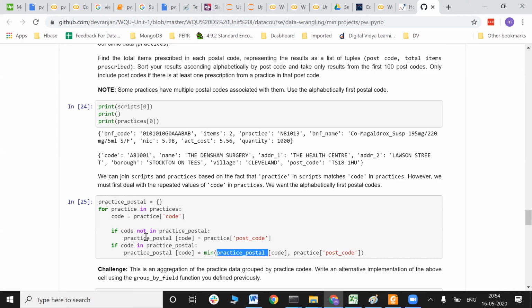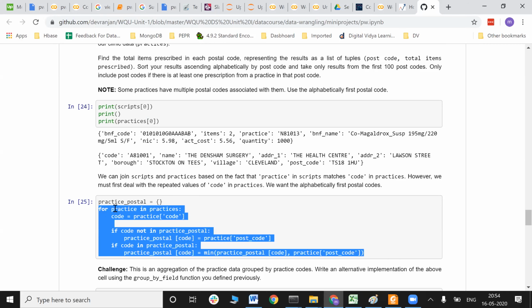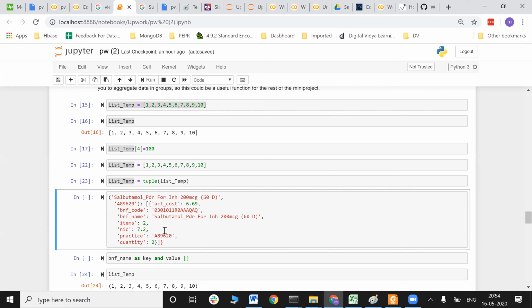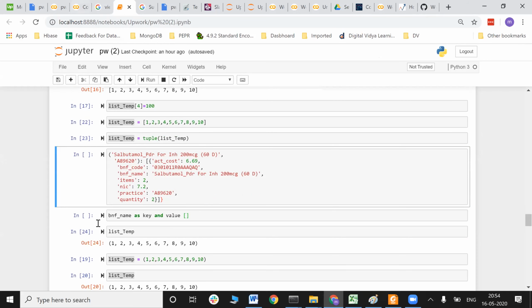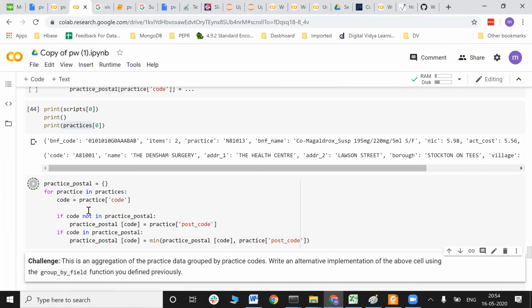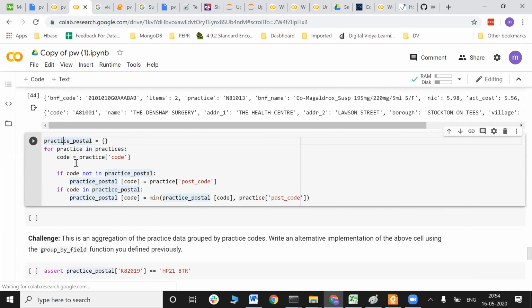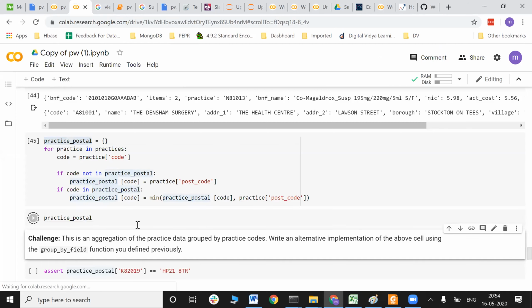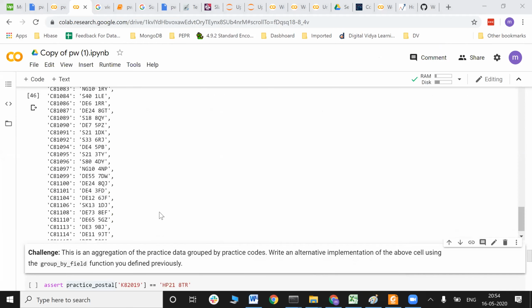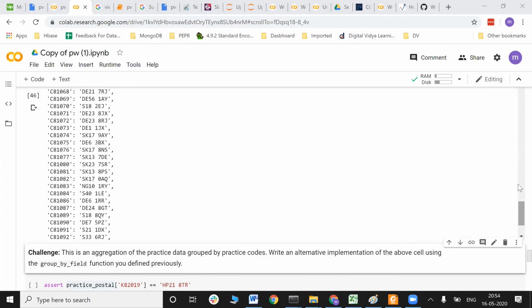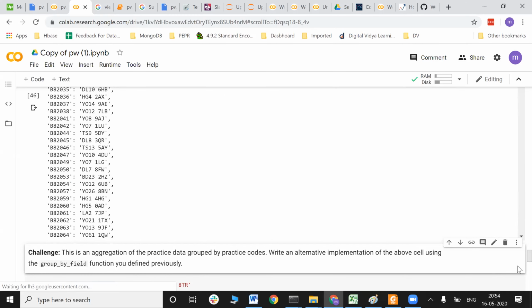That's it. I'm just getting the unique list of postal codes from the practice data set. That's it, nothing much. If it is already there, then I should be using it as a part of the minimum value. If it is not there, I should not be using it. When I run this piece of code and try to understand the output, you can see I will be getting all the list of postal codes here, the unique list. With the code. So see, this is all the unique list.